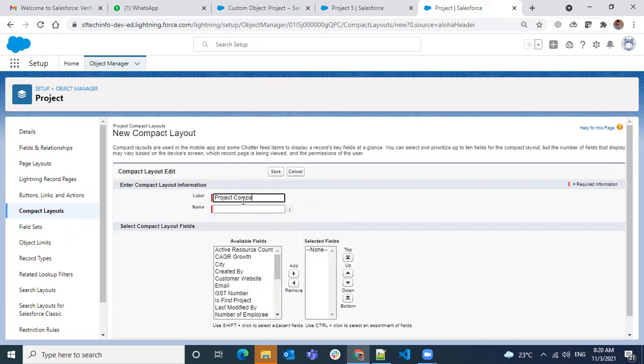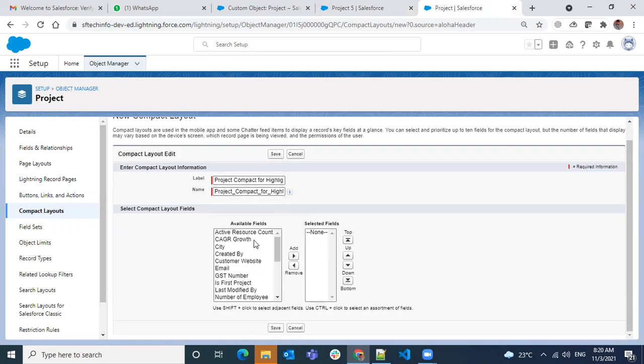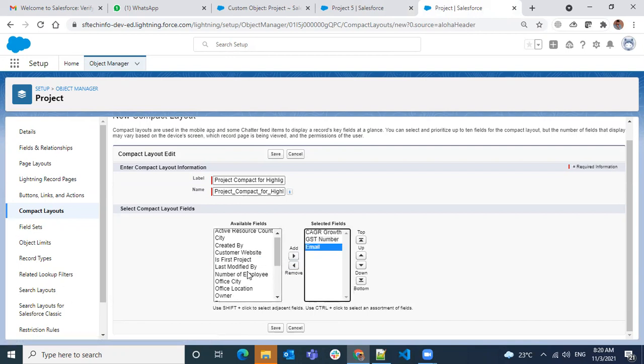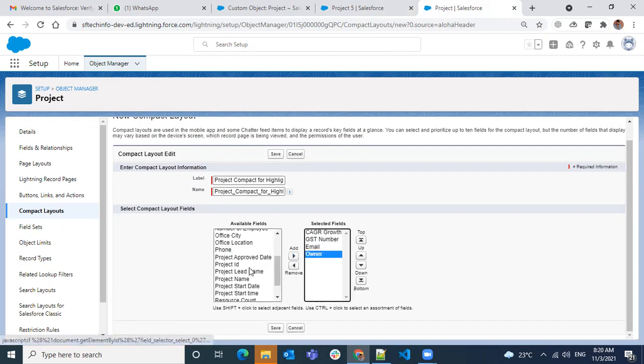I'm just naming it project compact for highlight panel, just to remember. I want to see the CAGR growth, the GST number, email, who is the owner of that project, what is the start date of the project, and the resource count.